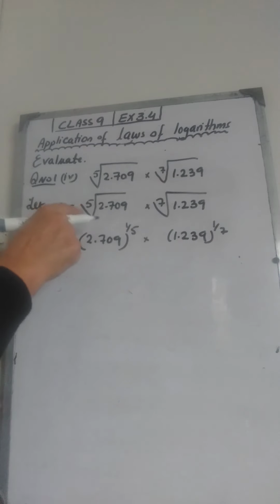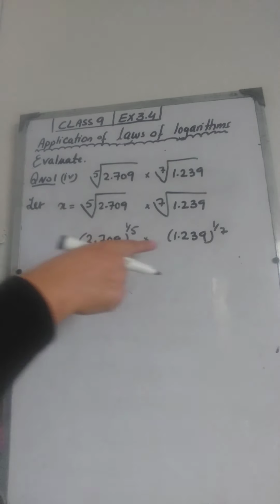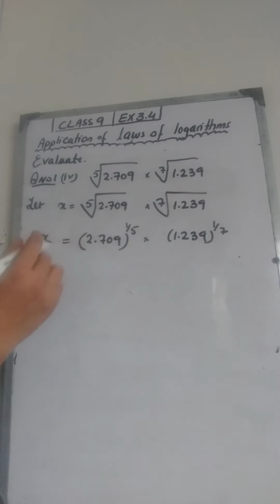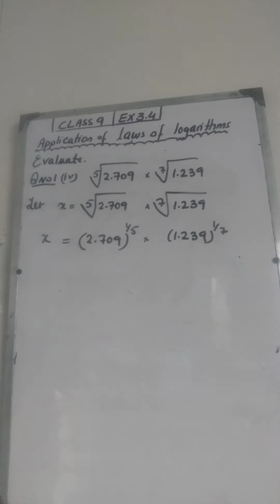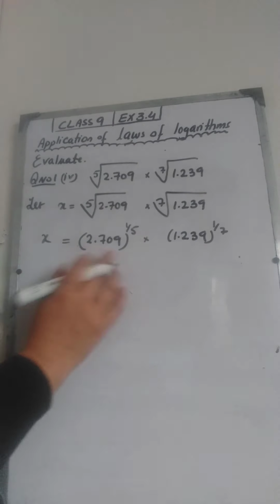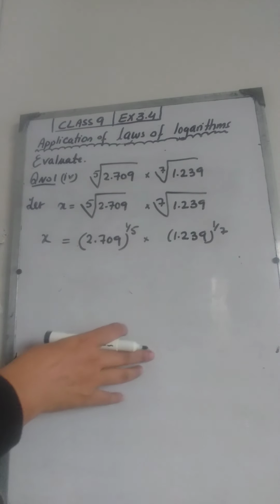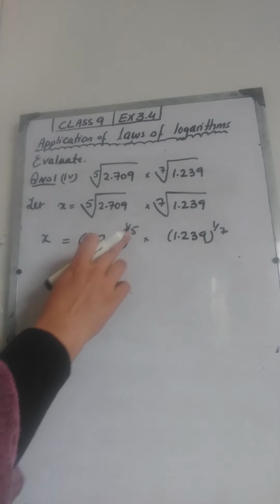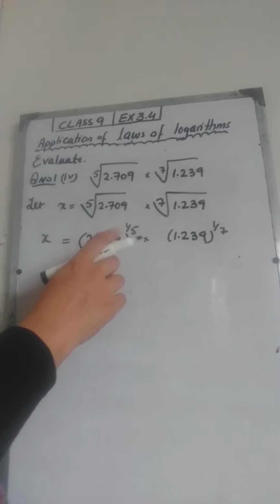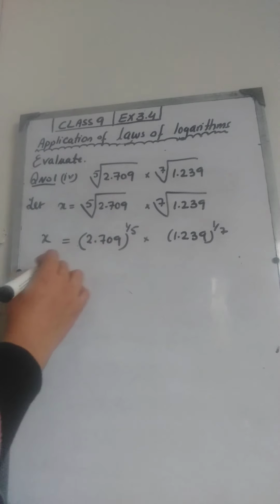We are going to change the radical sign to exponential form as we have already done in chapter 2. And now we are going to repeat the same procedure as we did in part 3, question number 1, part 3. We are going to take the log of both the sides, then apply all those 3 laws. Here we are going to apply the law of power also, because we are involving exponents in this expression. So taking log of both the sides, we get